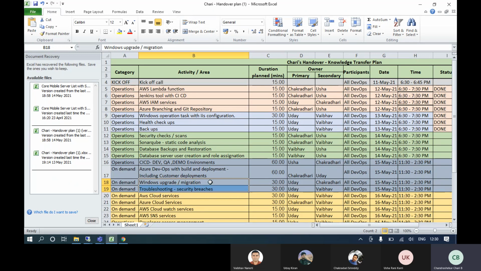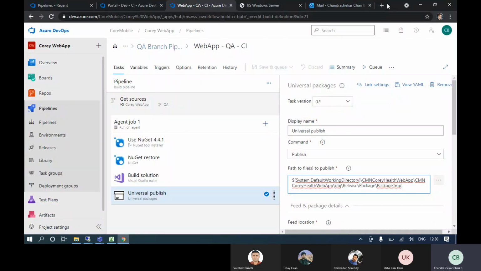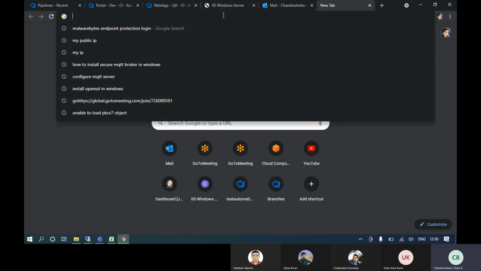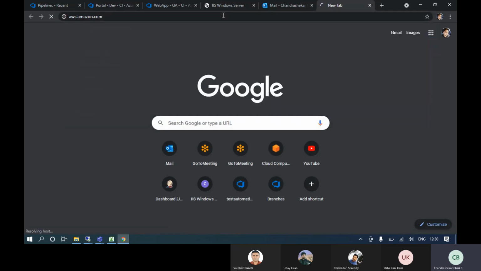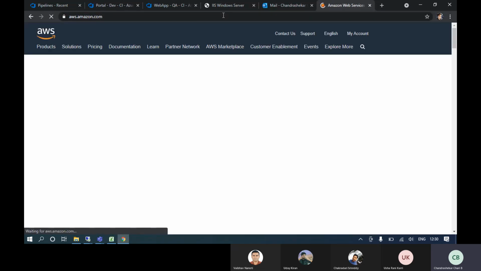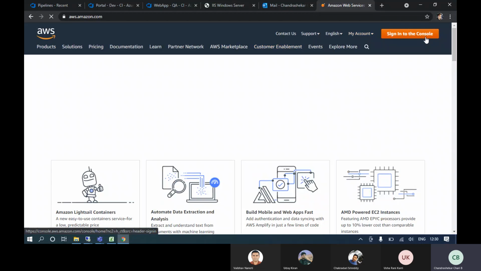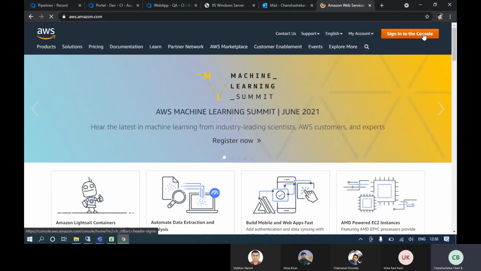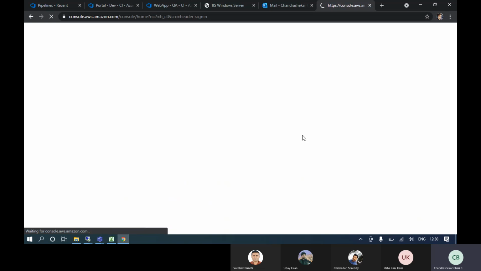We have not performed it. We have a plan to migrate the complete set of servers from AWS to Azure. Whatever setup is there in the AWS services, we need to migrate everything. Someone said to Chandra that AWS will cost more and Azure is costless, but it is not like that. Azure costs more and AWS is costless as of now, as I know.